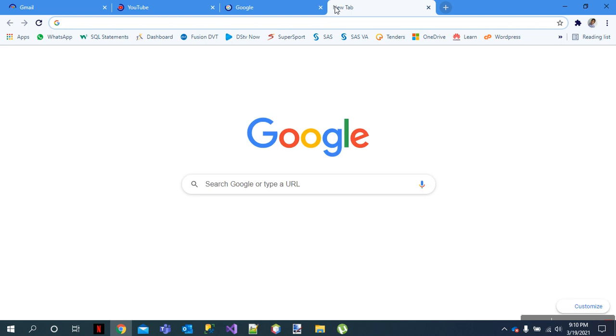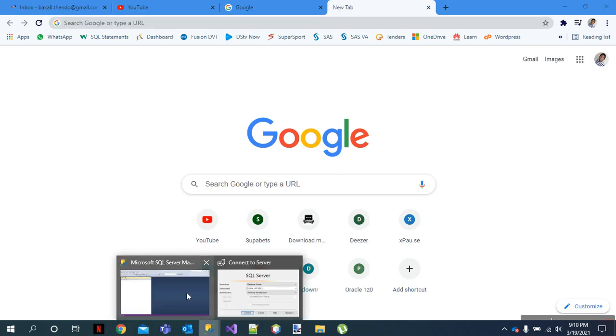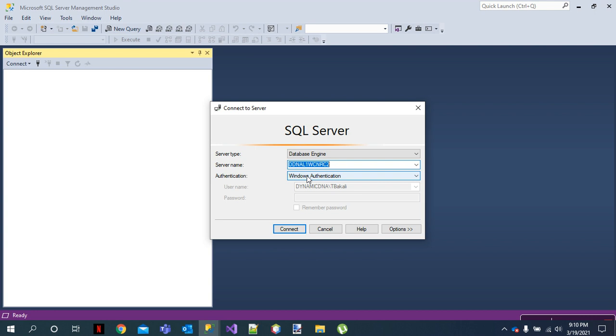There's a difference between SQL Server Management Studio, which is this software here, and the actual server itself. So you need two separate software. You need the server itself installed on a machine. You also need SQL Server Management Studio installed. This is the one just to manage the databases, right? This is your RDBMS. But the server itself must be installed separately.